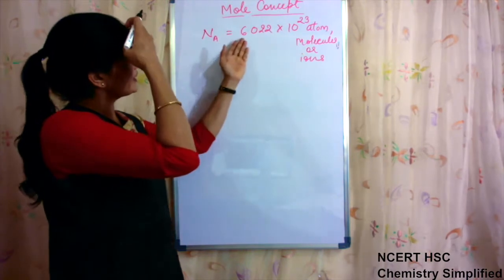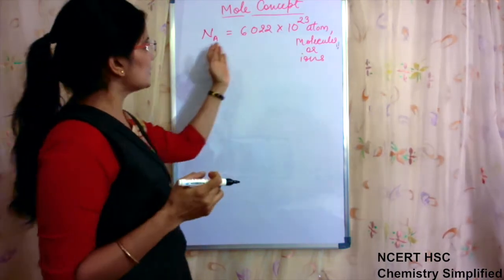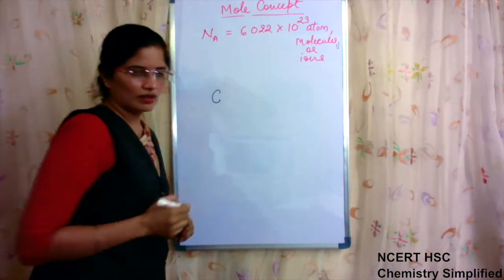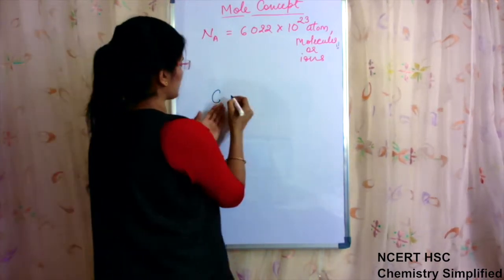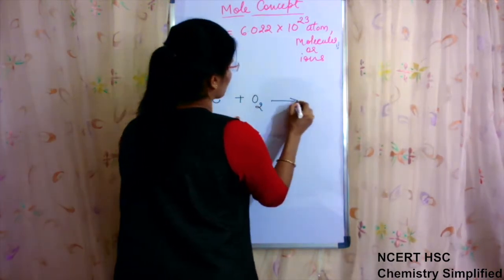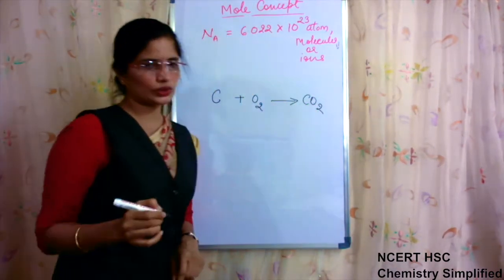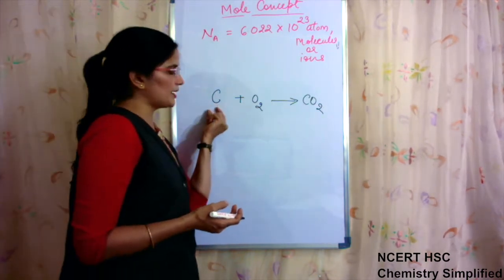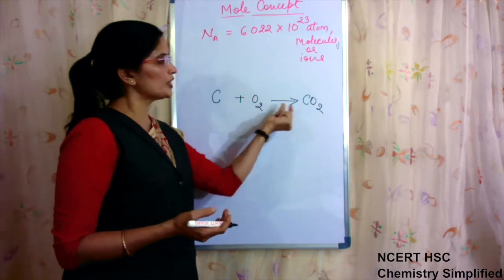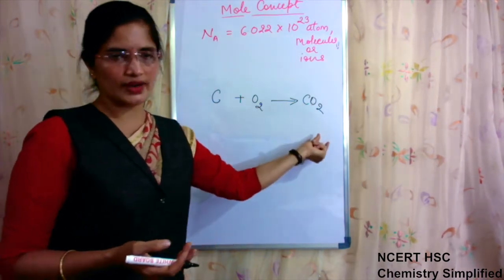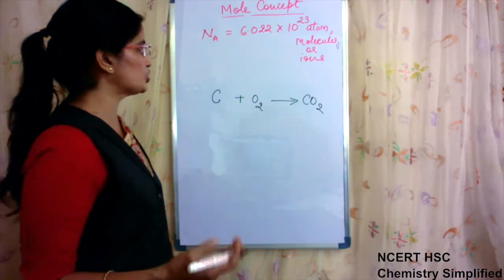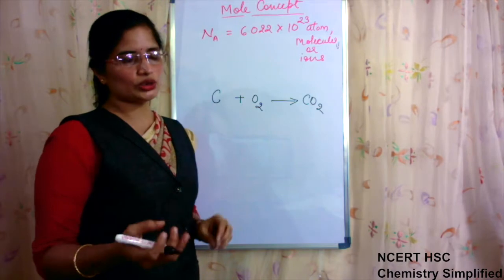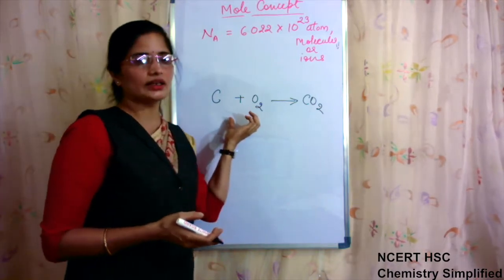Now, what we are saying is that these many number of atoms means what? Whenever we write any reaction, suppose I write C plus O2 gives CO2. So what we have been learning since smaller classes is that one carbon atom reacts with an oxygen molecule to give carbon dioxide, one molecule of carbon dioxide. This is the language which we have been using since smaller classes, because the mole concept cannot be taught at the beginning, when we start learning equations.